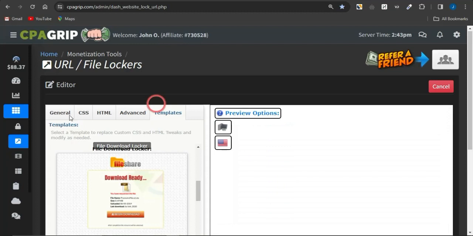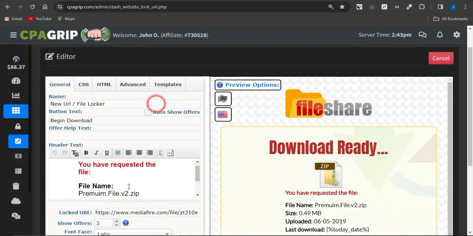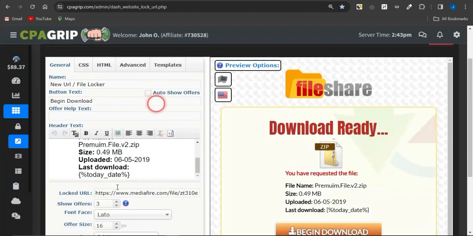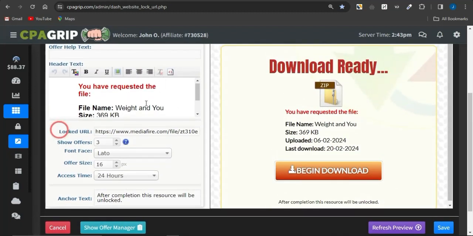If you do select this template, all you need to do is head back to general, give this locker a name, and then just go on to editing the details of this particular locker, such as the file name, the file size, the last uploaded date, and the last downloaded date, to fit that particular locked content. Now if you take a look at this, I've edited that, and you can see right here,